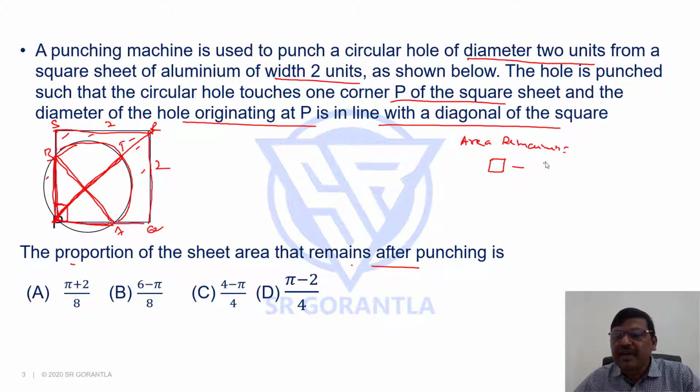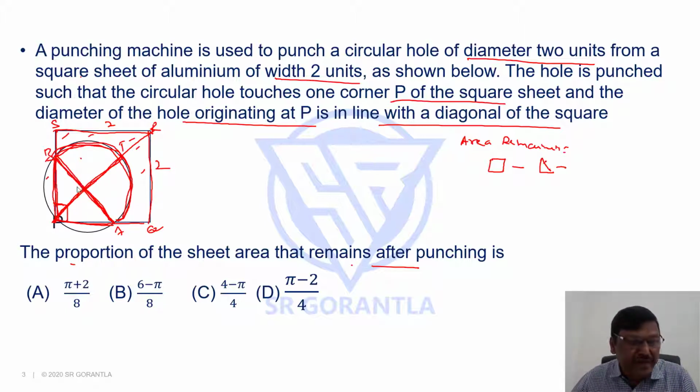Right? And the remaining circle. The remaining circle means the question is it going to be a semicircle? How do I know? If it is a semicircle, only if it is the diameter. If AB is the diameter, this will be half of the circle. This will be half, I can say. But is AB a diameter or not?